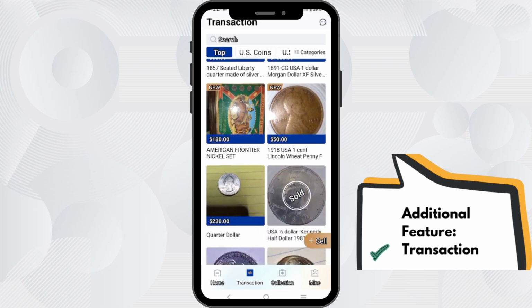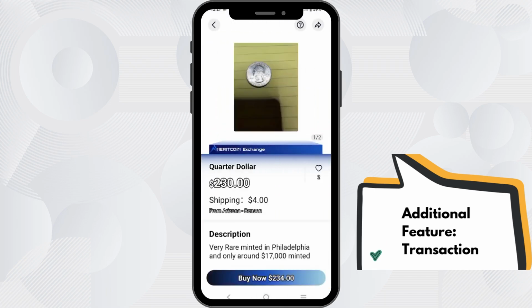For example, for this one, quarter dollar. If you are going to buy this quarter dollar coin, you can buy it for $234, including the shipping fee already.